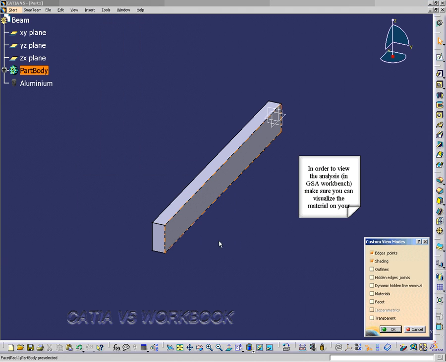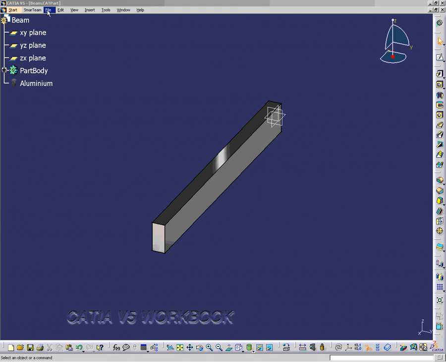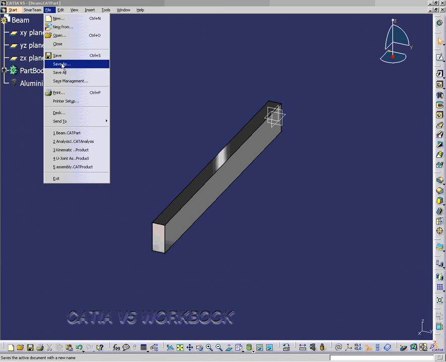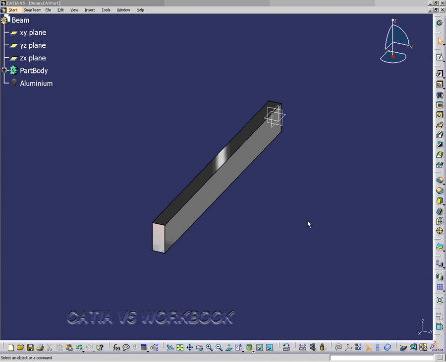Now if I go to View, Render Style, we can change it so that we see what type of material, and that's been covered in other lessons. Now I'm going to save this as beam file, and it's saved